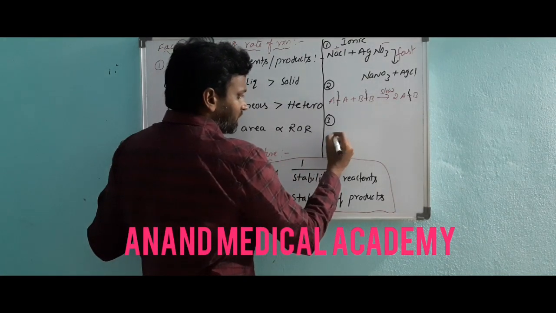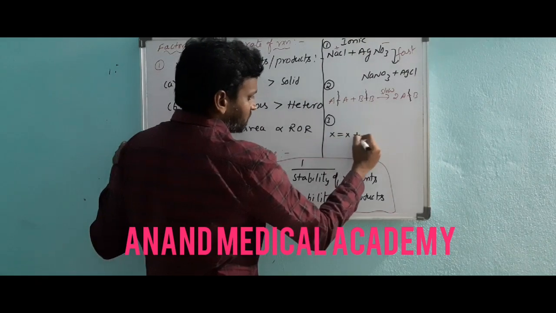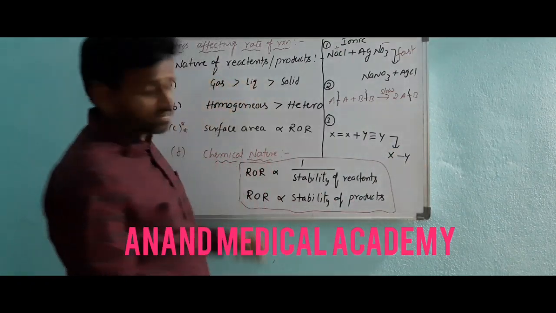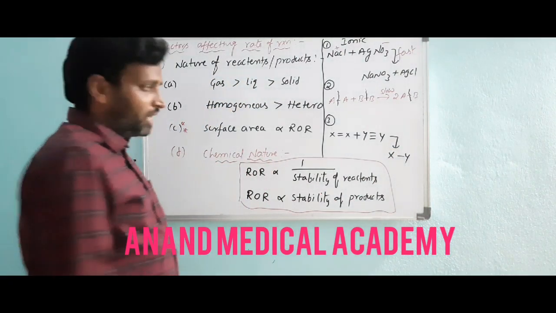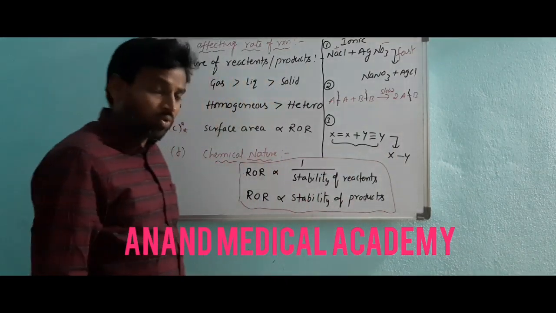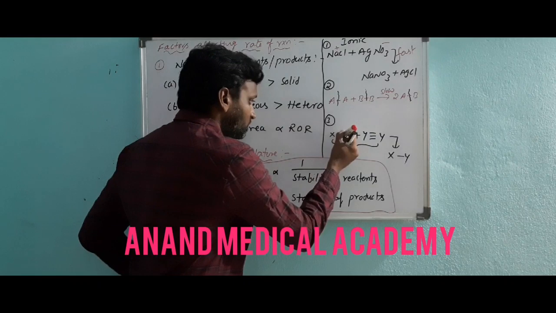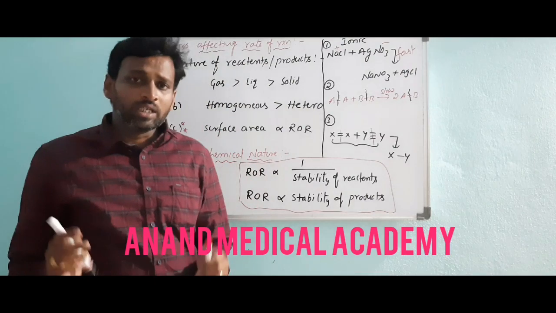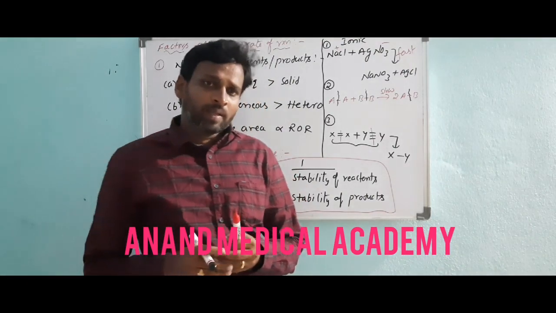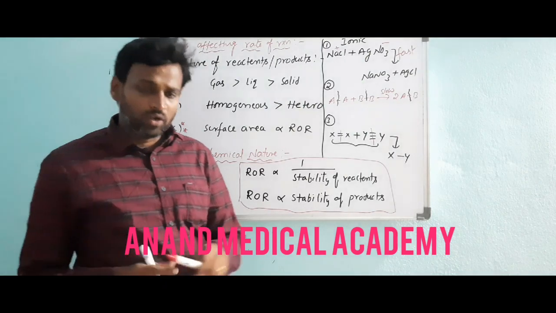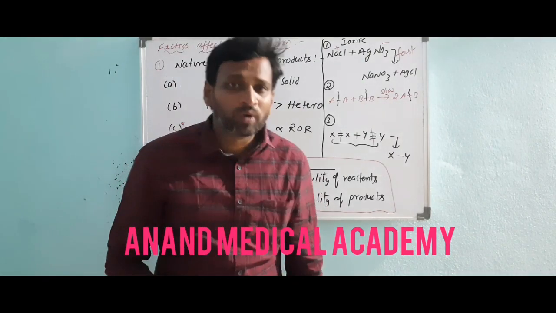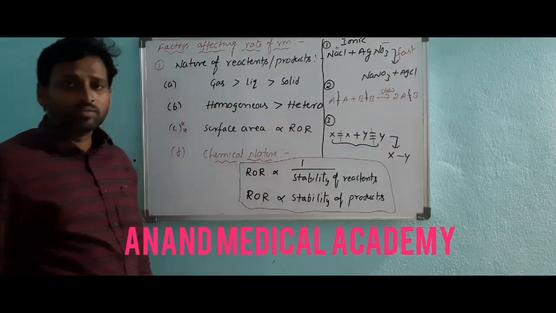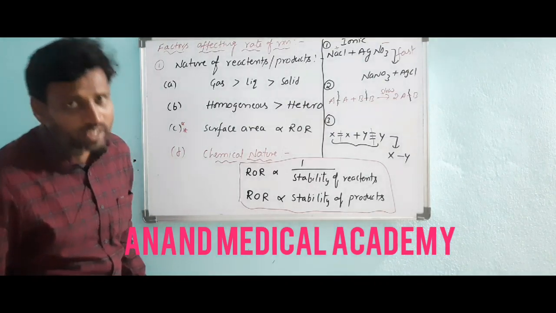Suppose I consider X double bond X plus Y triple bond Y. These have to form some new XY bond. Suppose the number of bonds is more, then more bonds have to break here. So what I am trying to tell you is, if the reactants have a triple bond, then the reactivity is definitely low, because to break a triple bond more energy is required. So the number of bonds is one factor, and stability is one factor. So two factors we have to consider here.